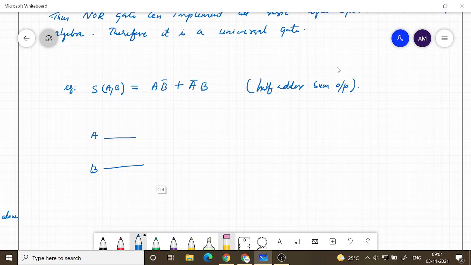So it is better to draw this vertically. Okay. So this is A and this is B. So if you want to implement using only NAND gates, you take a NAND gate, connect them like this.